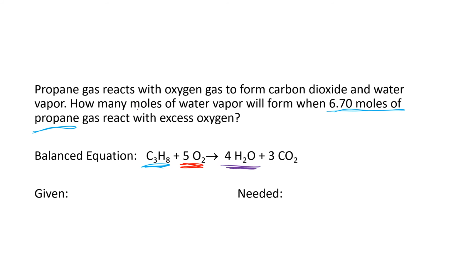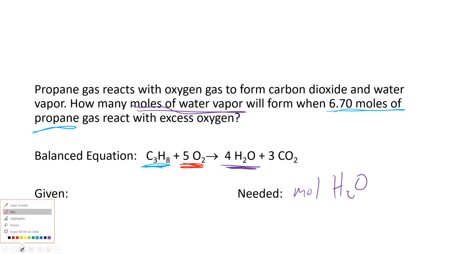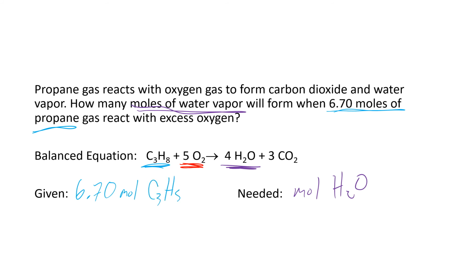So we're going to water vapor, right? Moles of water vapor. So we need moles of water vapor, and we're starting with moles of propane. It says excess oxygen, which is basically just making a point that you're not going to run out of oxygen before you run out of propane. And we'll talk about that in a little more detail here in a bit. So we have moles of propane to start. We need moles of water. Mole to mole, this will be a quick one. So this will just be the one-step